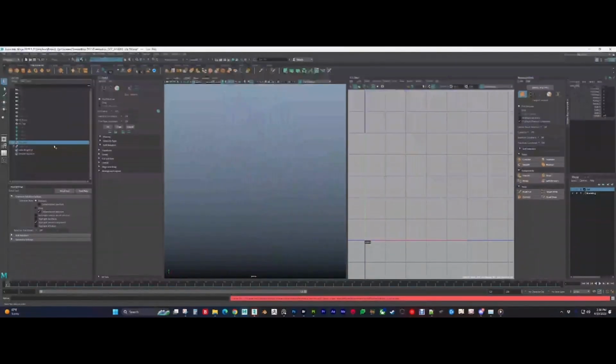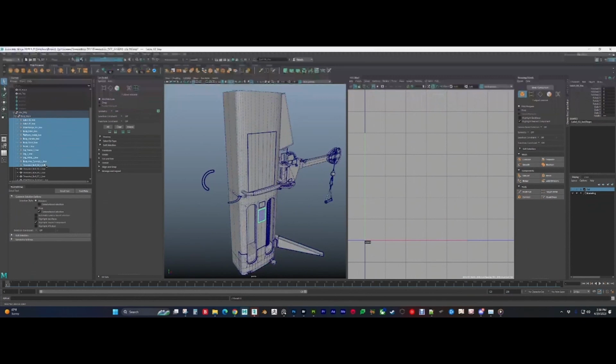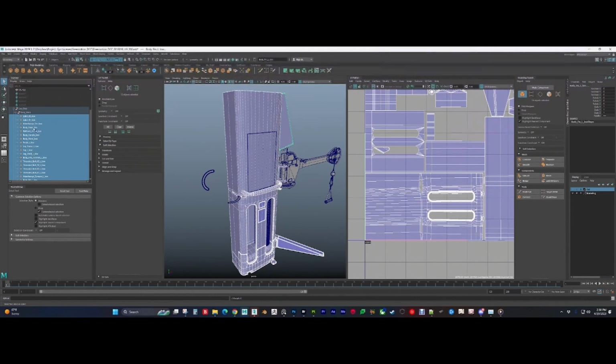So I have my model separated in my outliner between low poly and high poly, and you can see everything is also named, which I highly recommend you do. Name all your objects. Even if you don't know what it's called, make up a name. Anything is better than piece, cylinder, whatever number. Just so that when you go into Substance Painter,